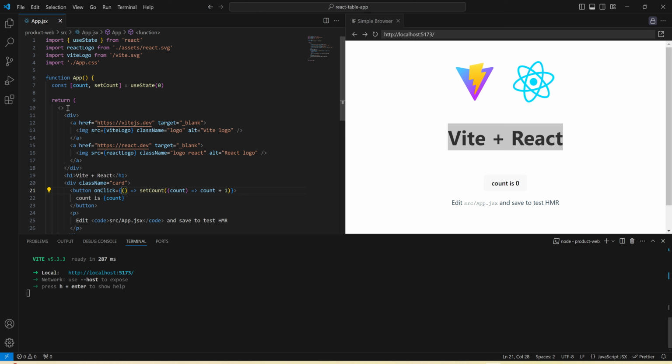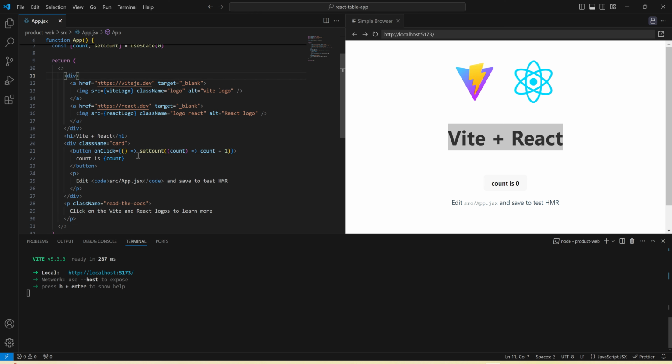Fine, seems good. Now let us clear the content from the app.jsx first,